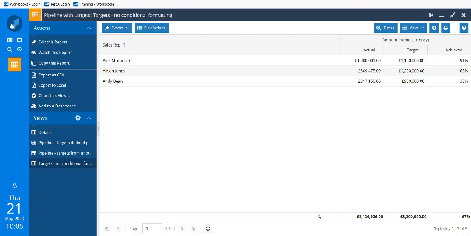Before moving on to looking at other types of chart, let's have a look at how you can incorporate targets into your bar charts. For this to work, you have to base your chart on a report that includes targets, like the one on the screen at the moment. If you want to learn more about how to get targets into your report, there's a separate tutorial covering that. If I create a bar chart based on this view,